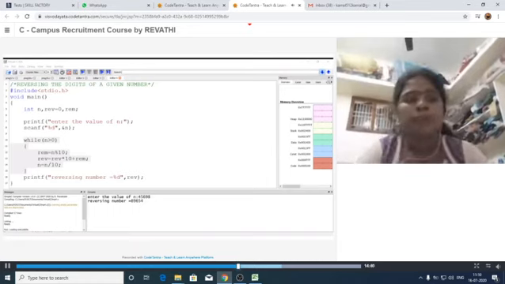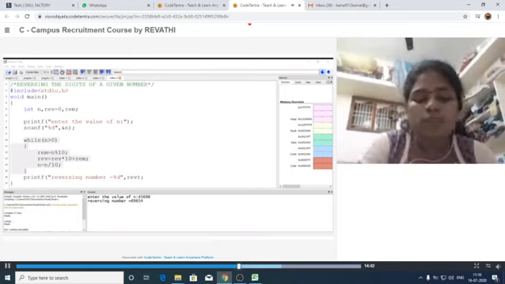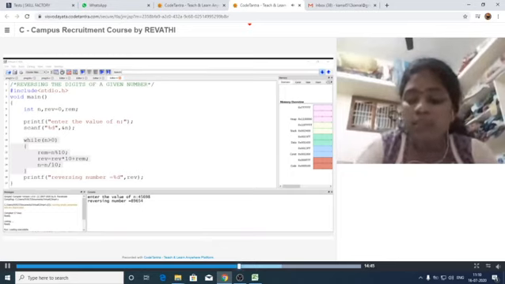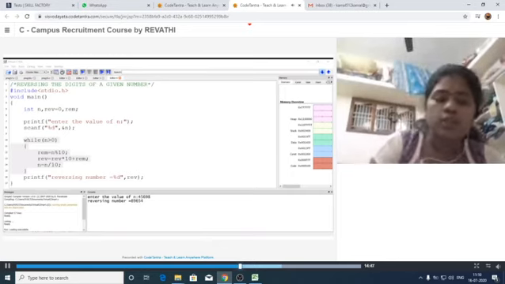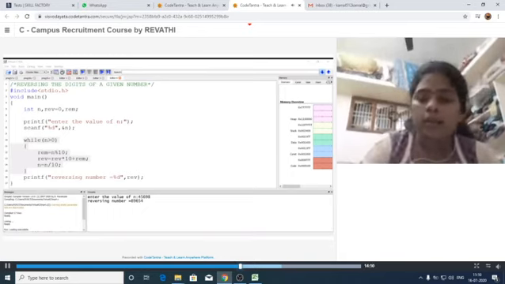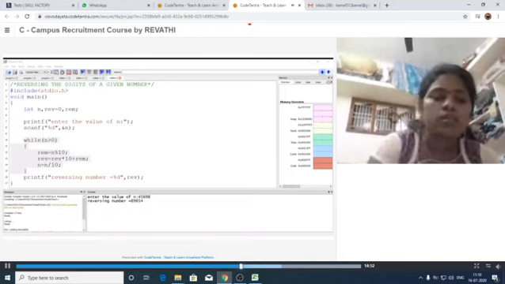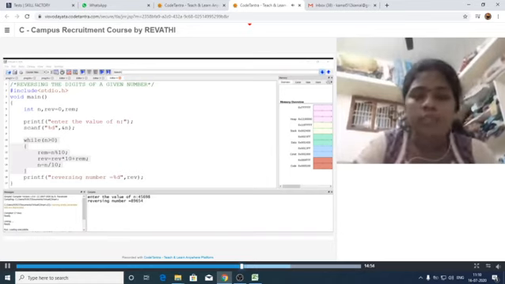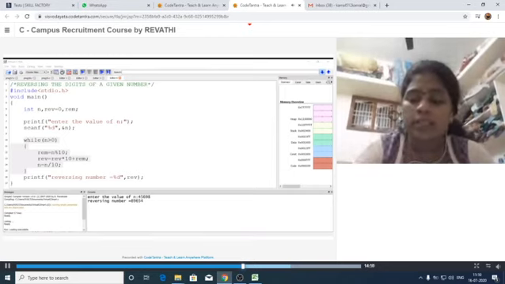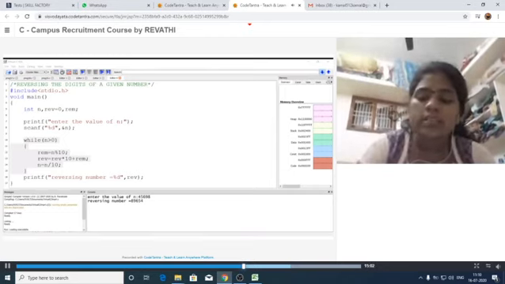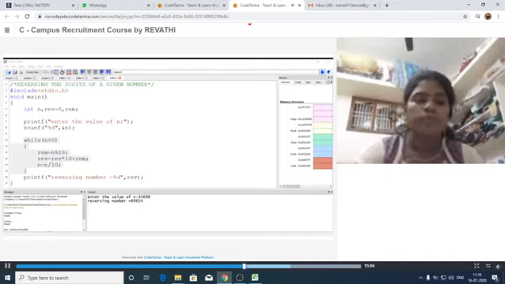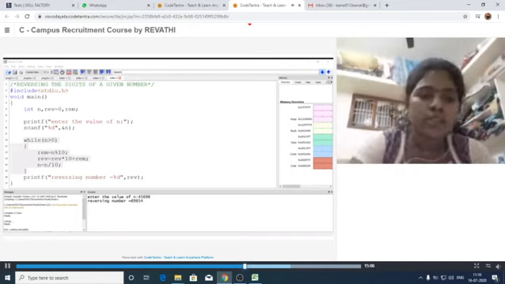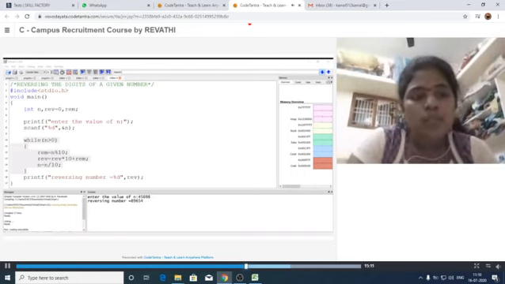So next one, reverse. Reverse is equal to reverse into 10 plus remainder. What is the reverse? 0. 0 into 10 plus remainder, that is equal to 6 here. Okay. After that we have to divide the n value. n is equal to n by 10. n in the sense 56 by 10, that is equal to 5. Okay. This is the first iteration. Here our condition is true only. We have to continue these steps until we get false here. Let us check the next one.